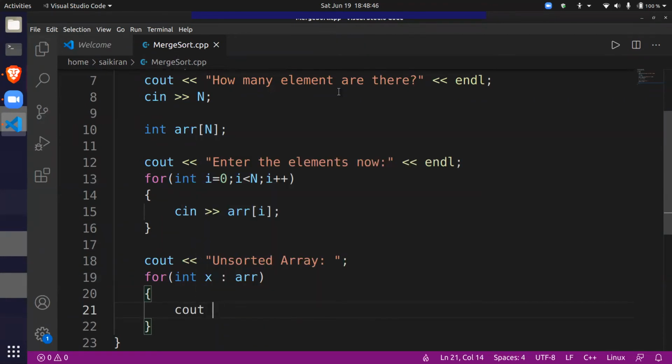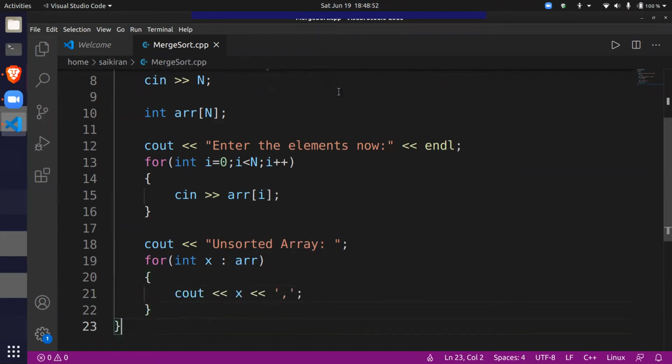So I can simply say x and let's have a comma after each element. So what happens right now is, yeah, each element of the array gets printed. This is just another way of printing elements from an array. You can use the normal for loop, or this syntax is a little more convenient. That's all.